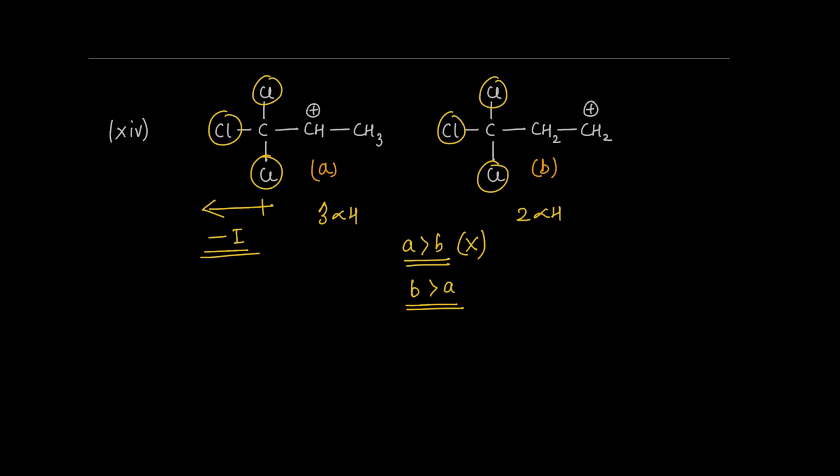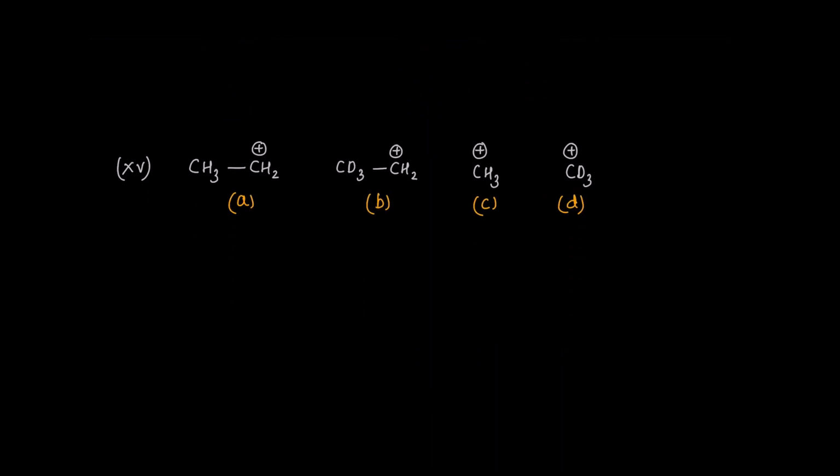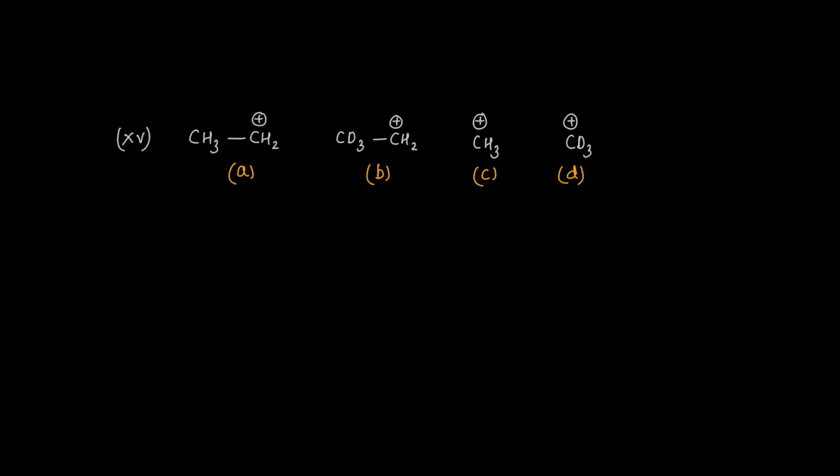it violates the AERHI order. So it is just like an exception, but a reasonable exception. Like you can justify this statement because these 3 Cl groups would pull more electrons in A as compared to B, right? So moving on, in question number 15, we have a mix of inductive as well as hyperconjugation, combining